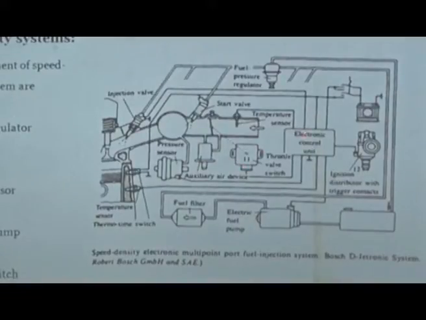Okay. Then all these calculations are done, and then it is decided how much quantity of fuel should be put into each of the cylinders, and the ECU will decide what the pressure is. If the line pressure is 5 bar, and it says okay, I need only 4 bar, so this pressure regulator will allow only 4 bar to go, and the remaining fuel will come back to the tank. You don't want to waste it.